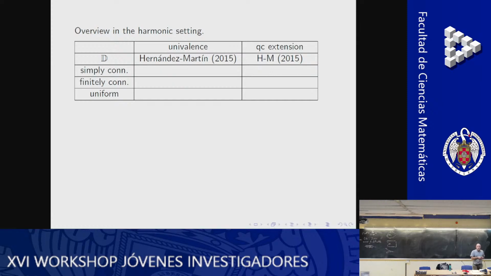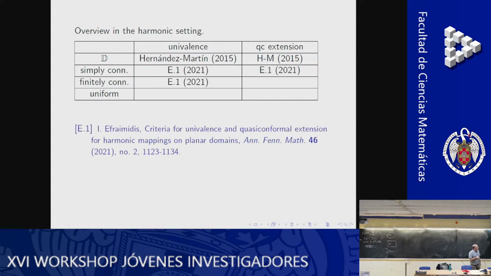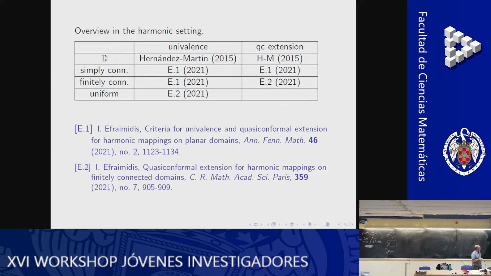But the question is, do we lose some? Can we have a criterion for all quasi-disks? And the answer is yes. For all quasi-disks, we can have a univalence criterion and a quasi-conformal extension theorem. For finitely connected domains, same question and same answer. So the class of domains is exactly the same. All boundary components are either points or quasi-circles. And then a bit further, quasi-conformal extension to these finitely connected domains and to uniform domains, the univalence. And the only thing that I've left is that little box over there, which I'll state as a problem a bit later.